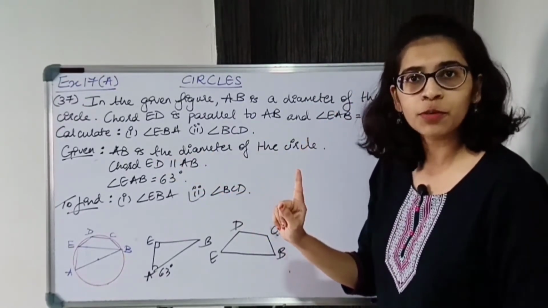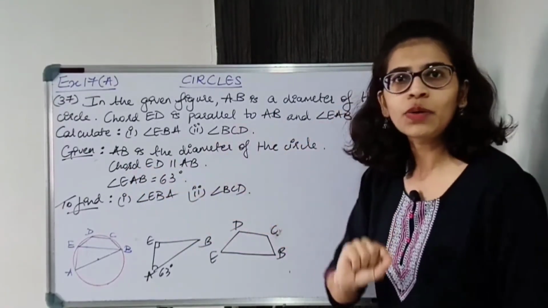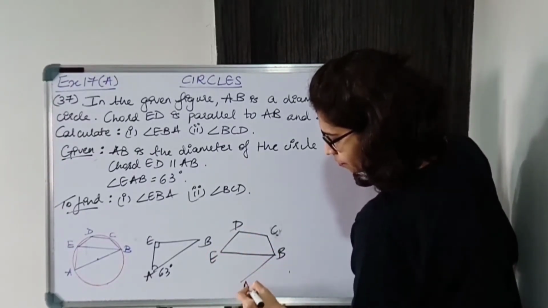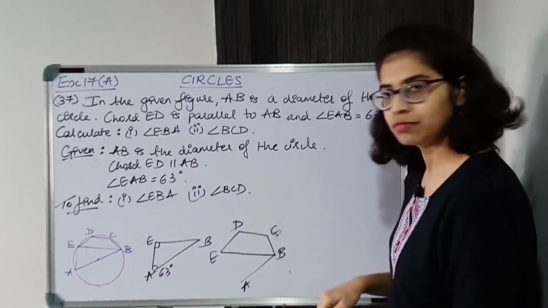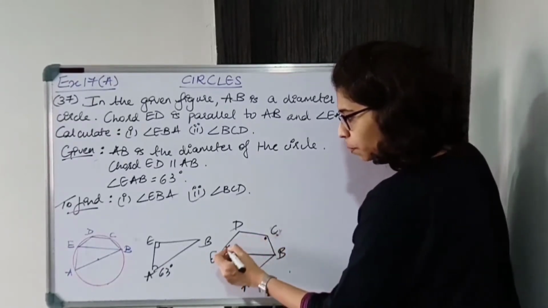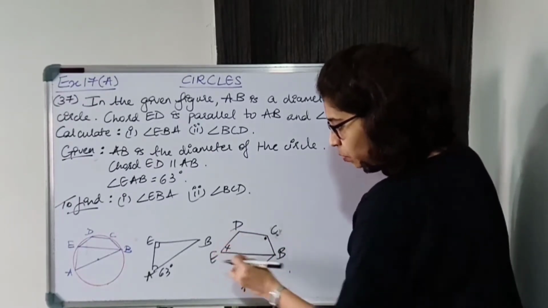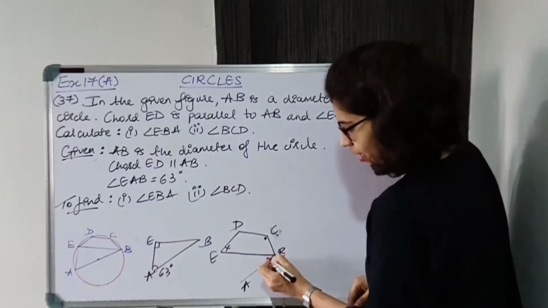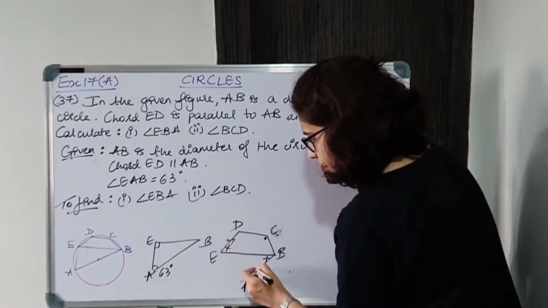डायमीटर वाला भी हम लोग ने इंफॉर्मेशन यूज किया यहाँ पे. EAB वाला भी यूज किया. ED पैरेलल टू AB, ED एंड AB है. ओके, ये दोनों पैरेलल है. I want to find this angle. I can find this angle if I know the opposite angle, और ये opposite angle जो है ना, it is forming alternate angles with this angle EBA, ये वाला angle, because I'm given ED is parallel to AB.